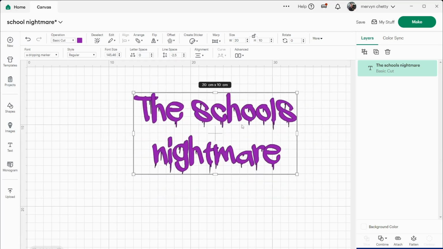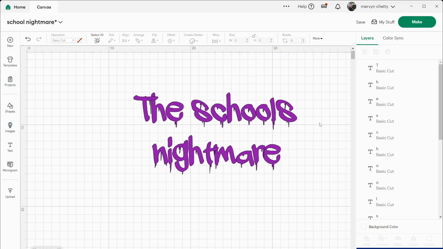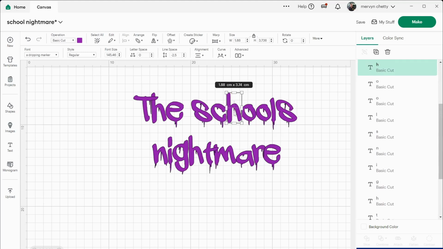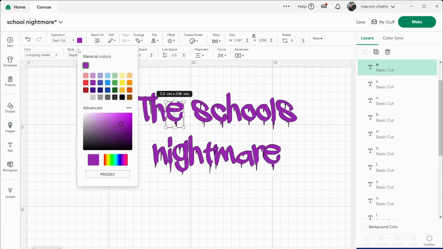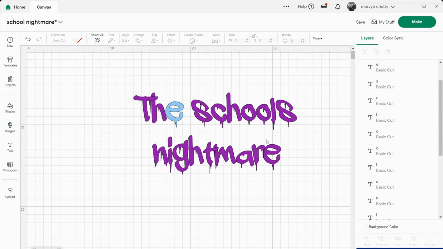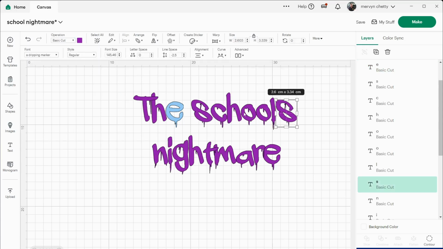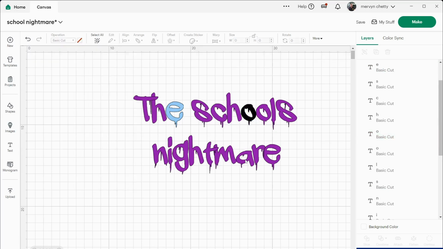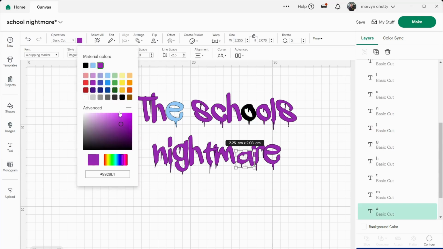So if you come to the top right here, there's an ungroup button. You ungroup that. Now when you click on it, each letter is on its own. So it's very simple. If I want the letter E to be a different color, I click on the letter E, I go up to the box, I choose my color, light blue. Let's say I want the letter O to be black. Choose your color, and I want the letter A